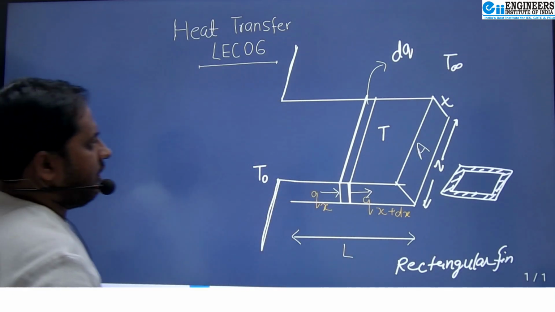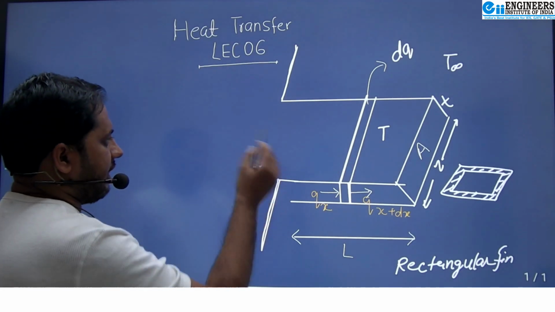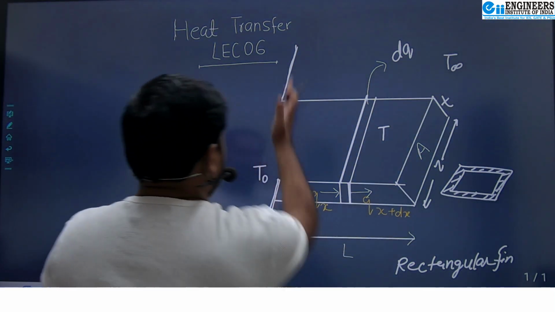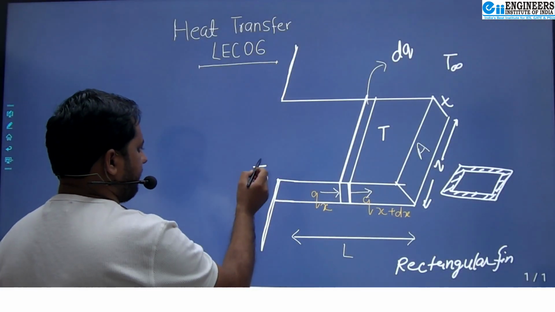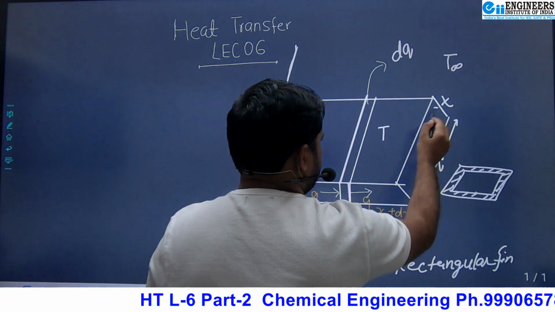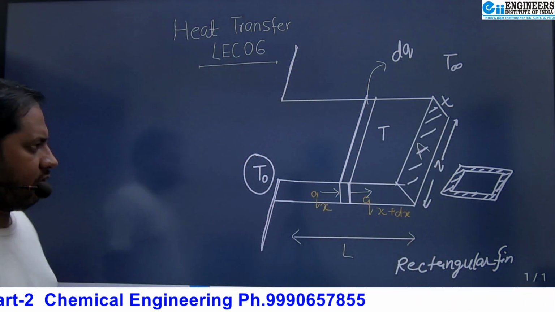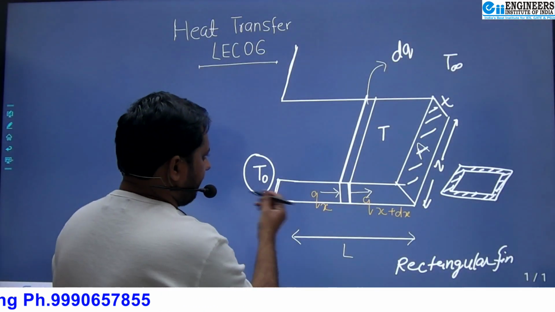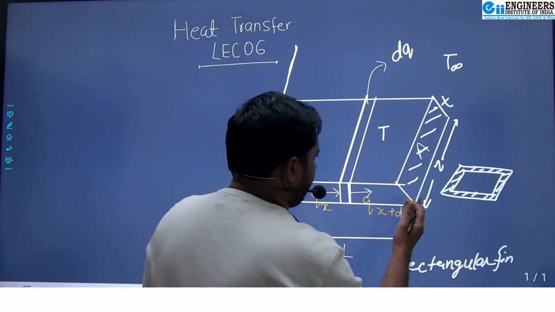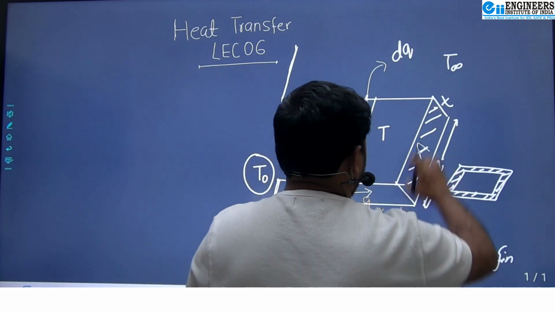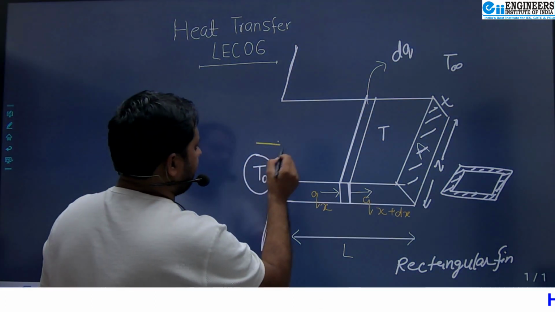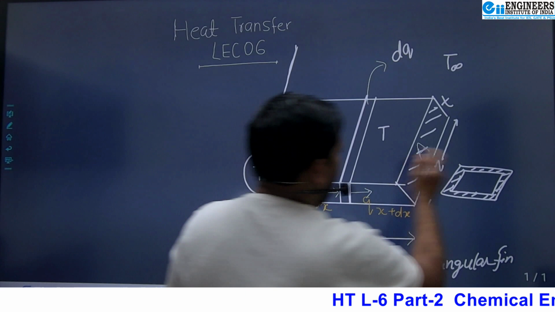So first we have to see how this diagram looks and how the fin is. Suppose the fin is of length L, connected at the body of the equipment, which is a heated surface at temperature T0. Now this is the cross section of the rectangular fin. When heat is conducted through the body by conduction, it goes in the normal direction, which is the x direction only, and it crosses this entire cross sectional area. So heat enters at the base of this fin and goes in the x direction only